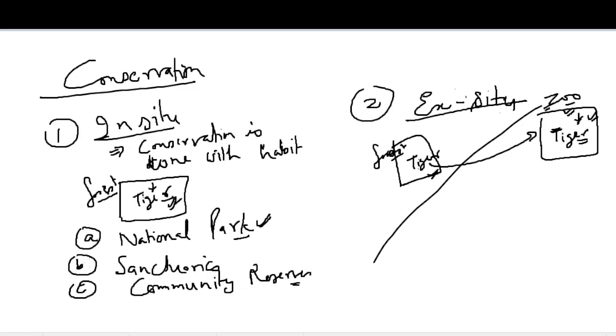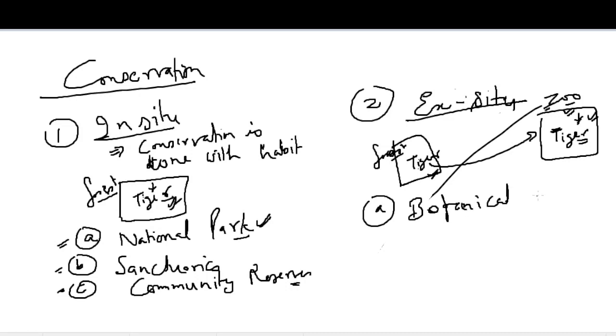So these all are in situ conservation measures. Now what about ex situ conservation? When the conservation is done outside its own living habitat area, it is called ex situ conservation. So ex situ conservation can be done in